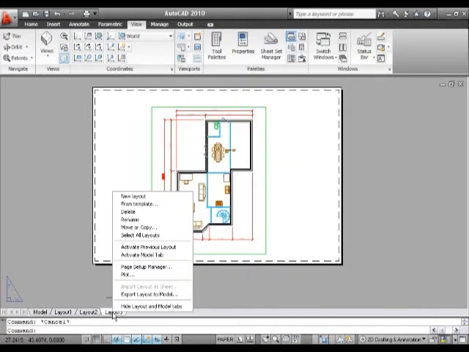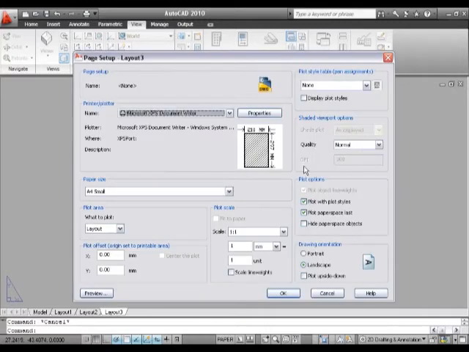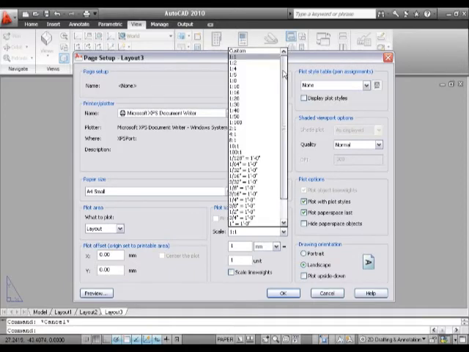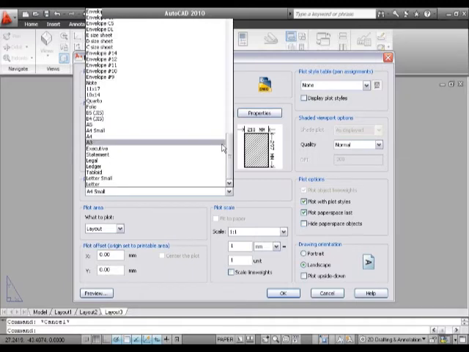So now I'm going to my page setup manager, and I'm going to go to my layout 3, you can see here, and I'm going to modify it. Okay, we've created the new layout 3, so now it needs modifying. So the first thing we've got in here is all these different scales, and really you want to make sure that you've got a 1-to-1 scale going on, otherwise you'll find strange things happening with your viewports. Now you can see there that that piece of paper is A4 small,